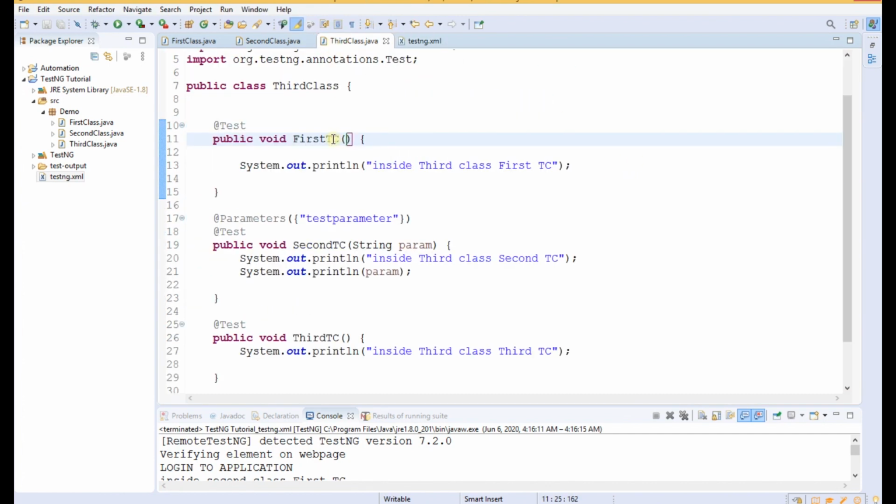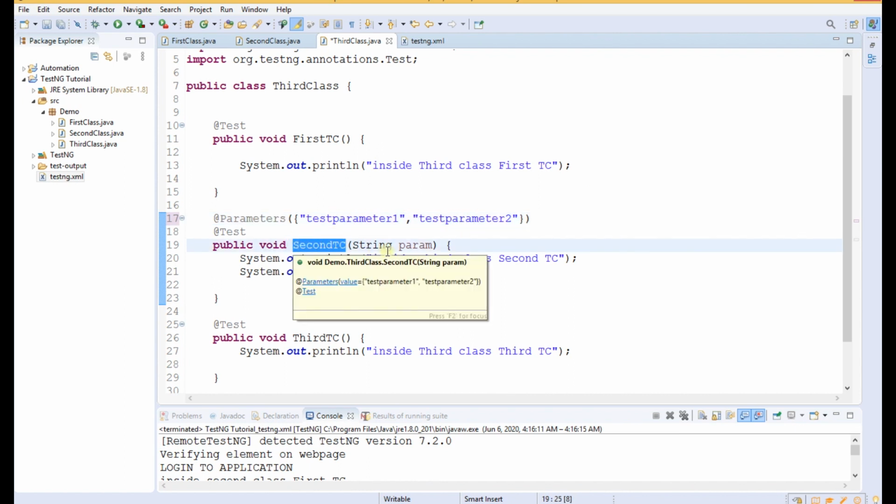So let us go to our third class and the second test case. So let us name the parameter as test parameter 1, and if we have to import another parameter, then similarly we can give the name in the double quotes. Now the two parameters will be available for this second test case.